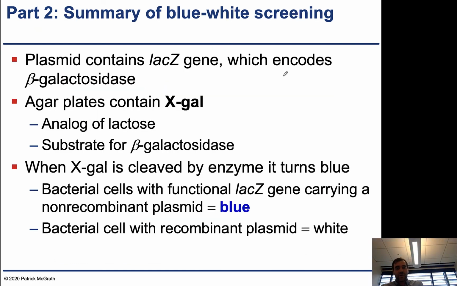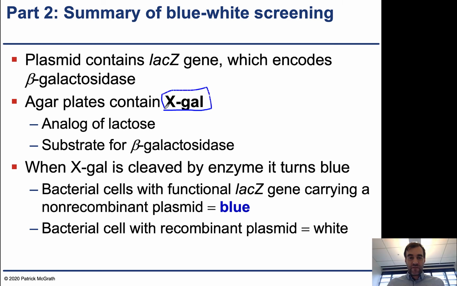And so how does that work? That works because LacZ encodes an enzyme called beta-galactosidase. And beta-galactosidase is something that cleaves sugar. So some sugars are dimers, or are created from two different sugars, and what the enzyme does is cleave that sugar into the two components. So, in general, that does not seem very useful, but